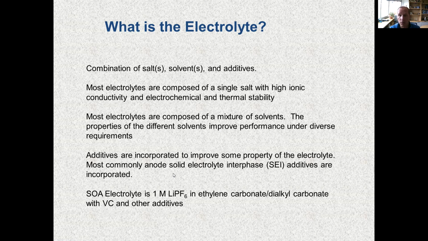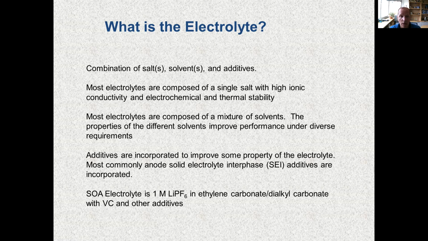And so then additives. Most commercial lithium-ion batteries, at least as of today, have some kind of additives incorporated into the electrolyte formulation. Generally, the additives are incorporated to improve some kind of property of the battery. Most frequently, the additives are added to improve the stability of the anode-solid electrolyte interface. However, there are various other aspects, as we will see over the course of today's lecture, that additives are incorporated into battery formulations for. These include problems with high voltage stability, where there are high voltage additives. There may be additives which make the SEI more conductive. So if you have an application where you need really good low temperature properties, or you're looking for high rate cycling, in those cases, you may want an additive that modifies the SEI so that the SEI has higher ionic